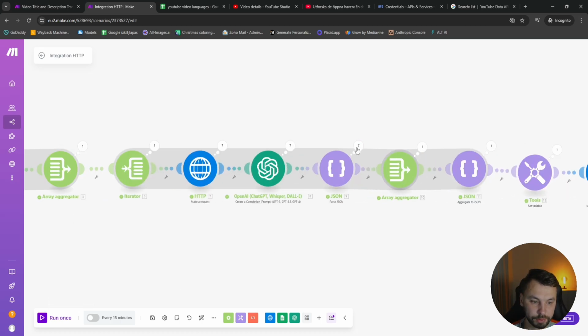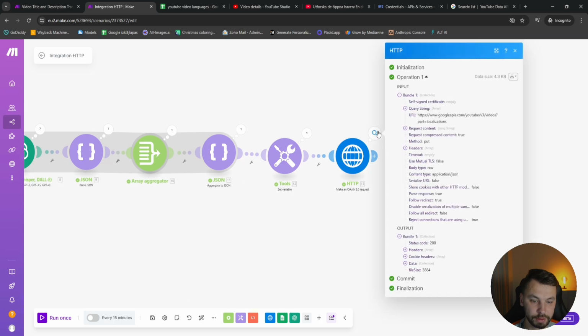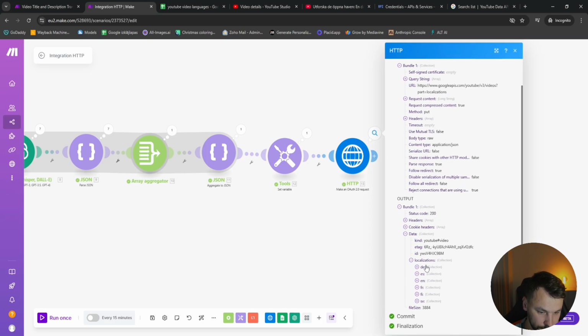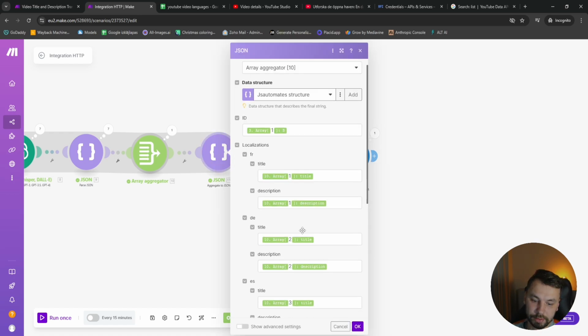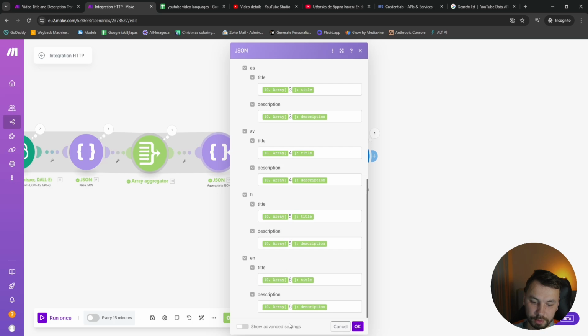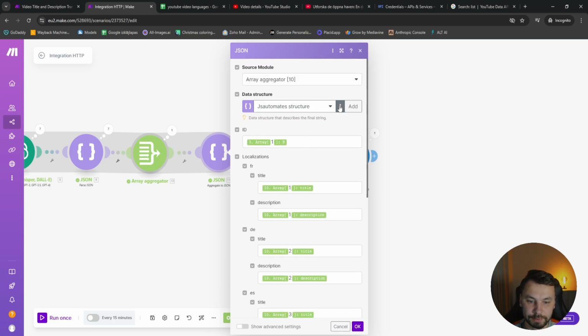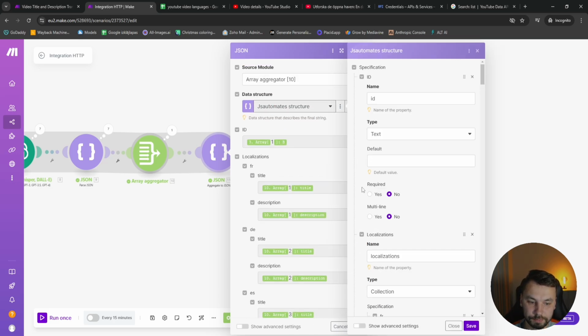As you can see now, it has translated to 7 languages. What's the response? The response is 200. And here are all the localizations. Oh, okay, it didn't translate to Latvian because I don't have the Latvian here, so I can edit